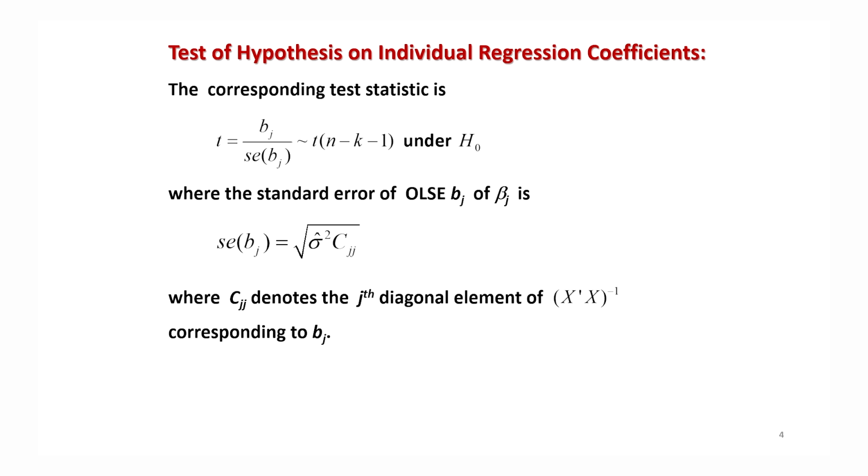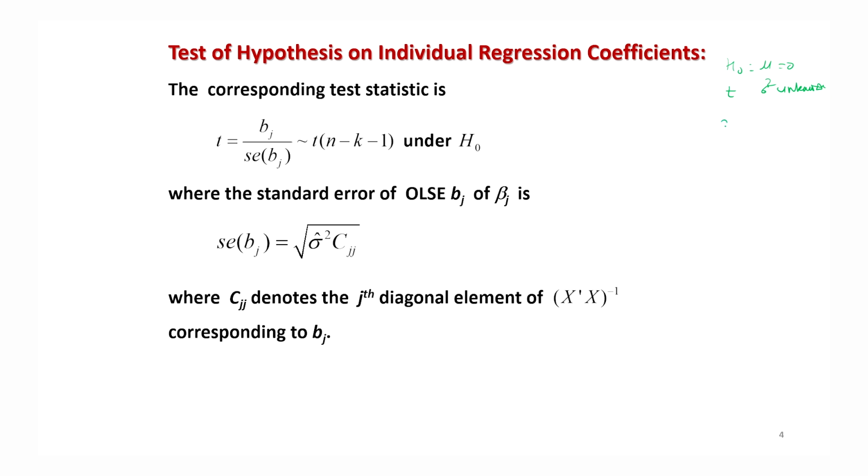Right. So now let me try to give you some fundamentals about the test of hypothesis about the individual regression coefficients, beta j's. As you can recall, when we conducted the test of hypothesis in the case of a univariate normal population, where we assume that x1, x2, ..., xn is a random sample from a normal population, normal mu sigma square, we conducted the test of hypothesis for H naught mu equal to 0 using the t statistic when sigma square is unknown, right? That same concept is being used here also.